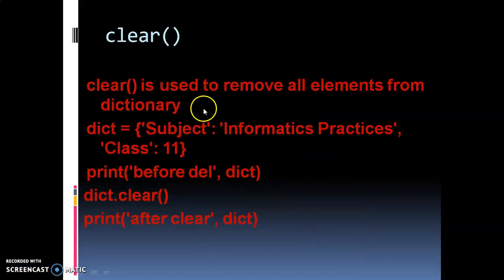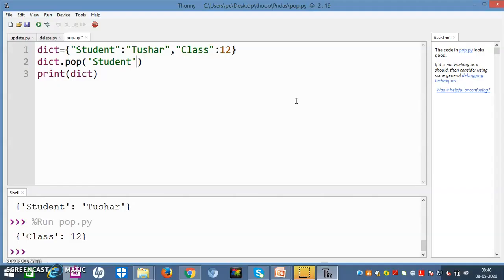Now clear is used to remove all elements from a dictionary. Clear will delete all the items of a dictionary in one go. So let us check practically. I will clear it, copy it, paste it, dot clear.